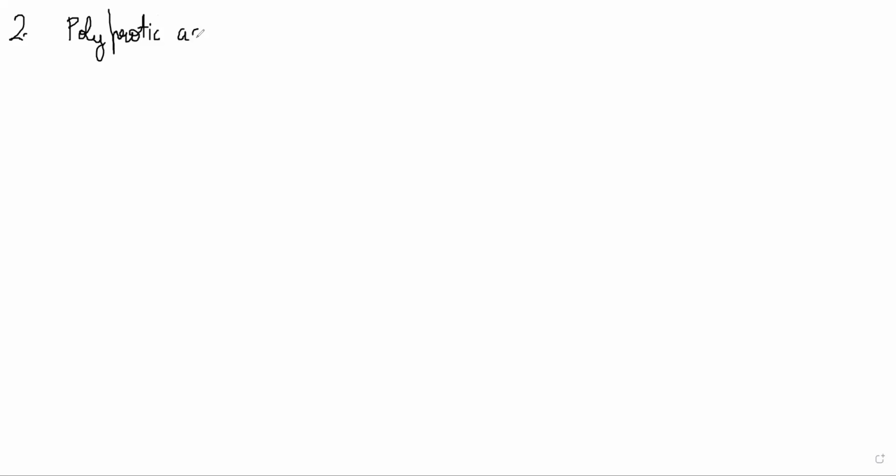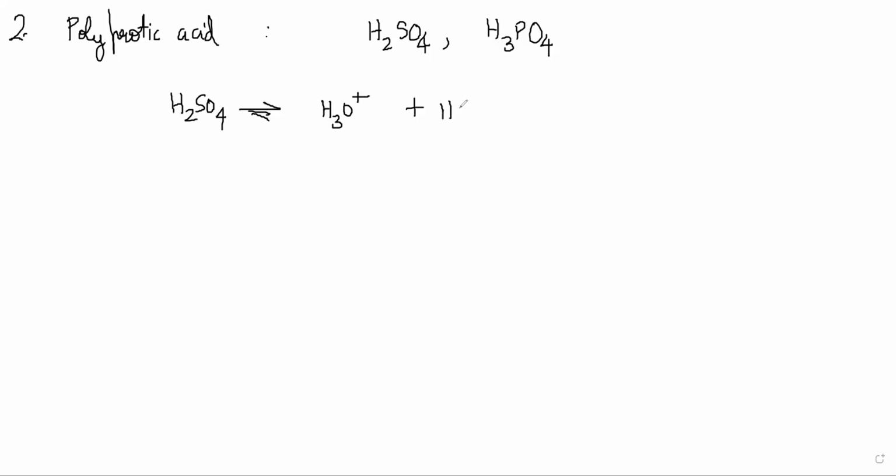Then the next thing is polyprotic acids. Polyprotic acids are acids like H2SO4 or H3PO4, where more than one dissociable hydrogen is there. But it doesn't happen in one shot. Two hydrogens don't come out. What happens is this: H2SO4 gives H3O plus and HSO4 minus, and there is a Ka1 for this step,